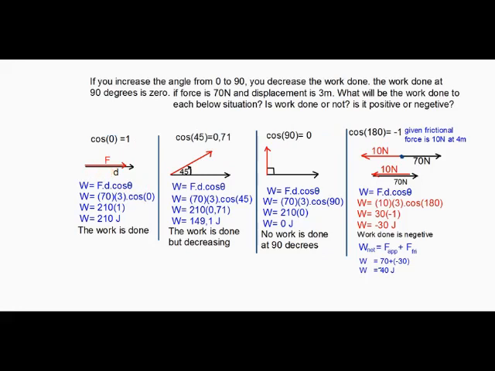Then we just say work is equal to force, 70 newtons, times 3 meters, which is the displacement, times cos of 0, because there is 0 angle between force and displacement. Then W will be equal to 210. What is cos of 0? Punch on your calculator, you get 1. Then the work done will be 210 joules. Then the work here is done. Right? Okay. And then let's move to the scenario whereby